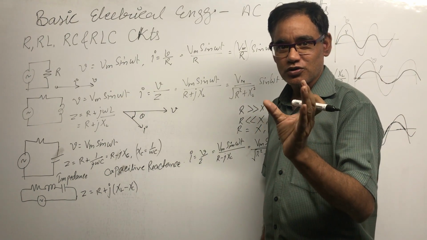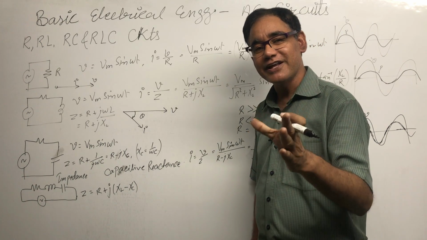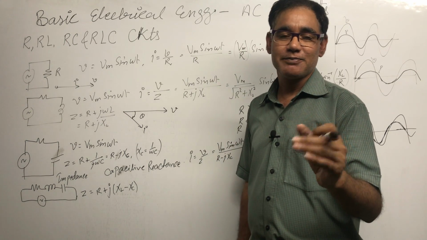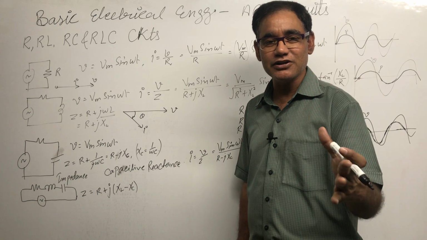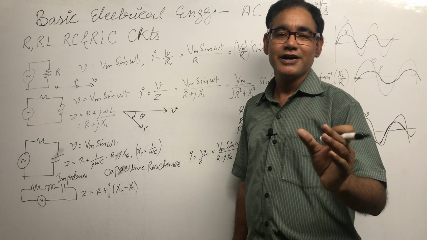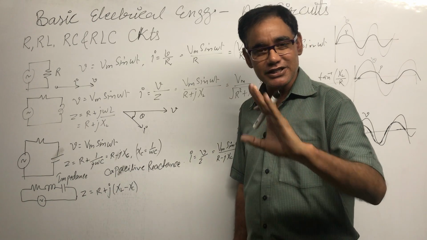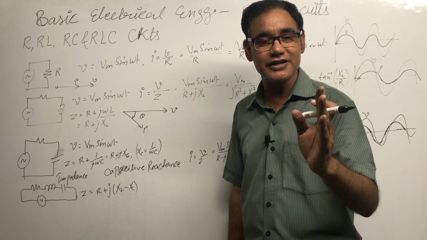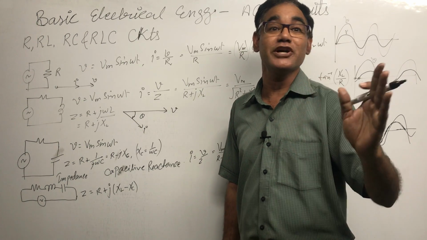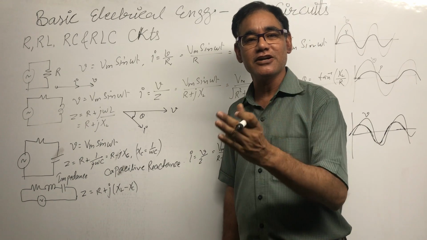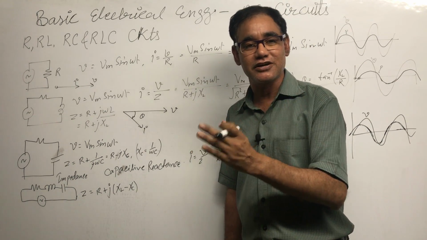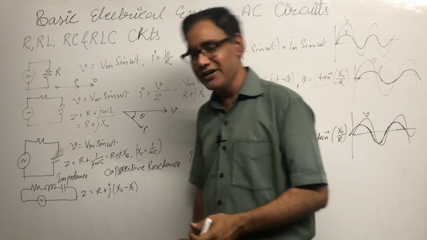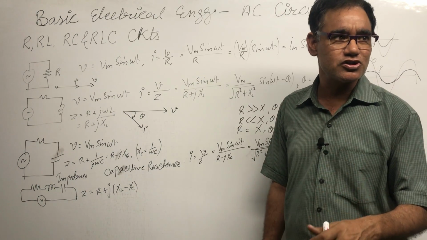So which one is higher determines how the circuit behaves. The circuit may behave as a capacitive circuit if the capacitive reactance is higher. It may behave as an inductive circuit if the inductive reactance is higher. If both are equal, then the circuit behaves neither as a capacitor nor as an inductor. It behaves as a resistive circuit, and that is a special kind of circuit, a resonant circuit. We will discuss it later, in the next lecture. Okay, not in the next; in this same lecture, we will discuss the resonant circuit also.